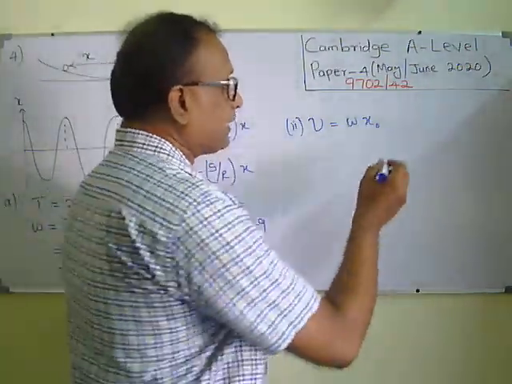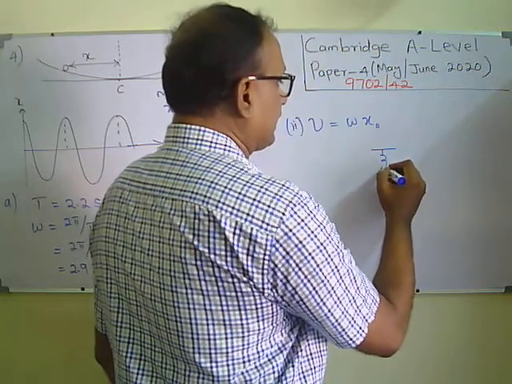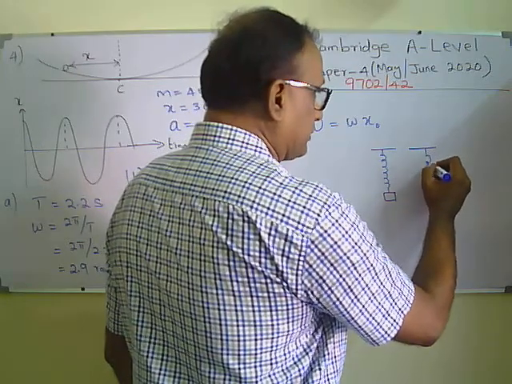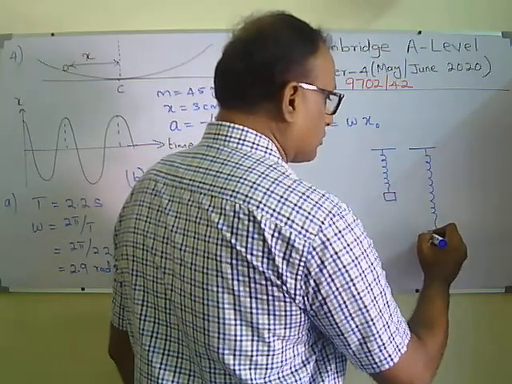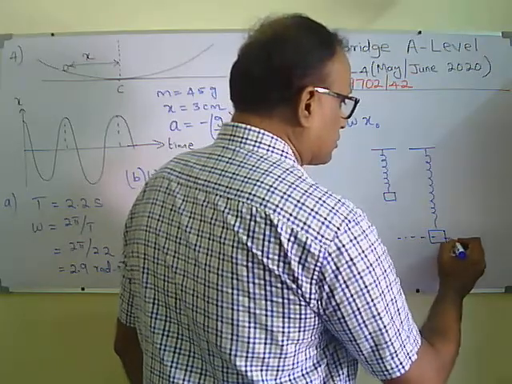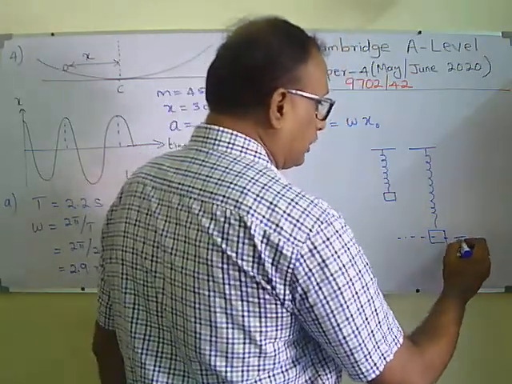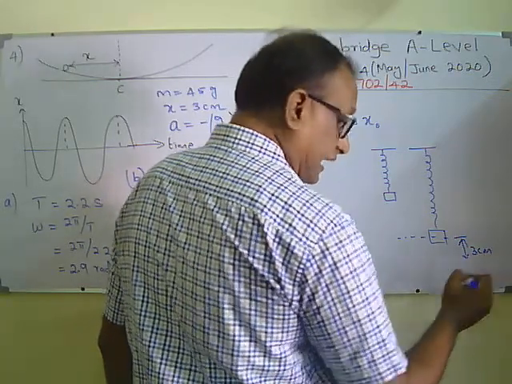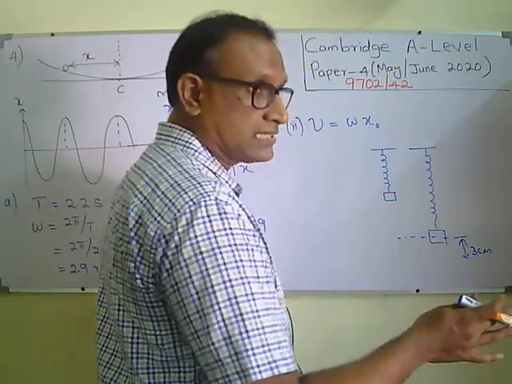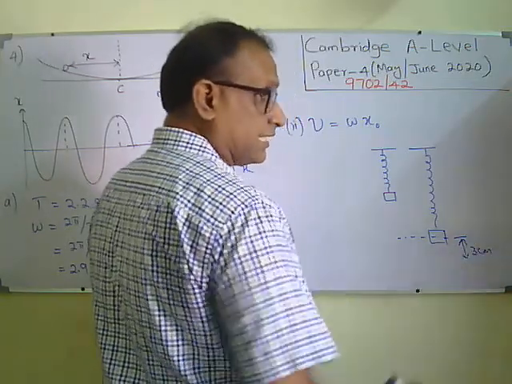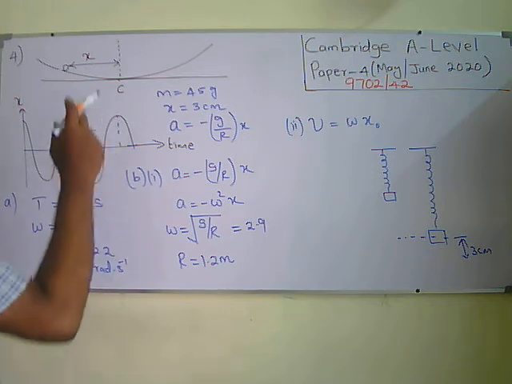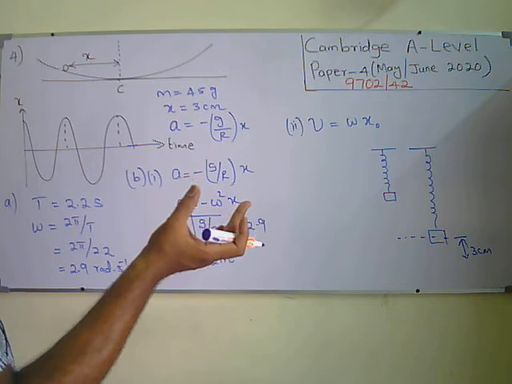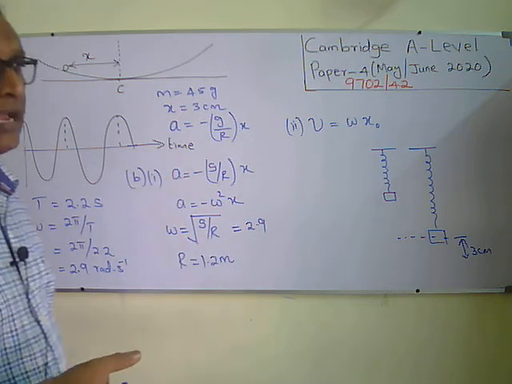Say, for example, a spring-mass system, where a spring is attached to a mass. It will extend and come to the equilibrium position. So this is the equilibrium position. From this equilibrium position, if you pull this mass further down through 3 centimeters and leave it, it will oscillate such that the amplitude of oscillation will be 3 centimeters. From the equilibrium position, whatever distance you pull this oscillator and leave it, that is going to be the amplitude of oscillation.